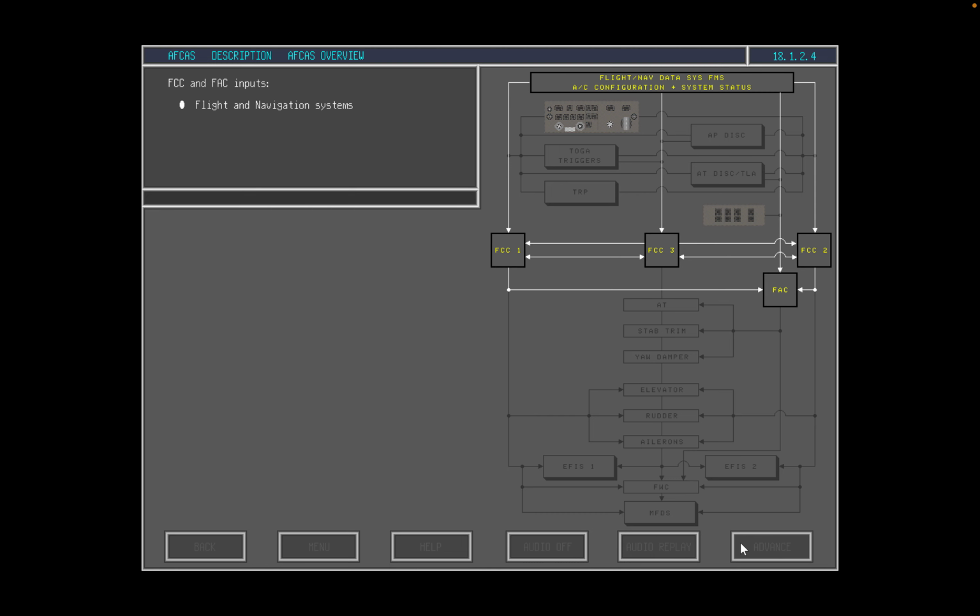Flight and navigation data system input to FCC 1, 2, and 3 includes data from the inertial reference system, air data computers, radio altimeter, engine multiplexers, and VORs and ILS. The FCCs and FAC also receive inputs from the flight management system, information on aircraft configuration and engine, hydraulic and